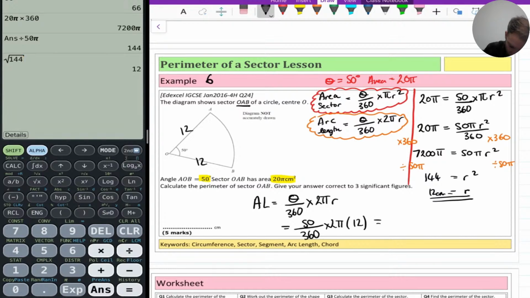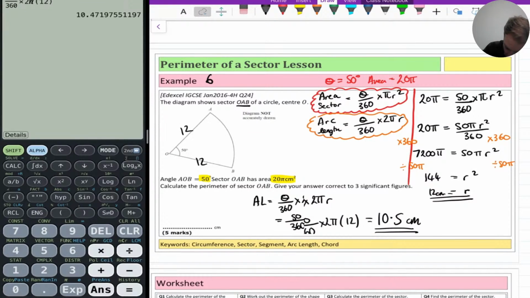So fraction button first. 50 over 360 times by 2 shift pi. What's happened there? Clear it all. 50 over 360. Length to find the full perimeter, it's going to be the arc length